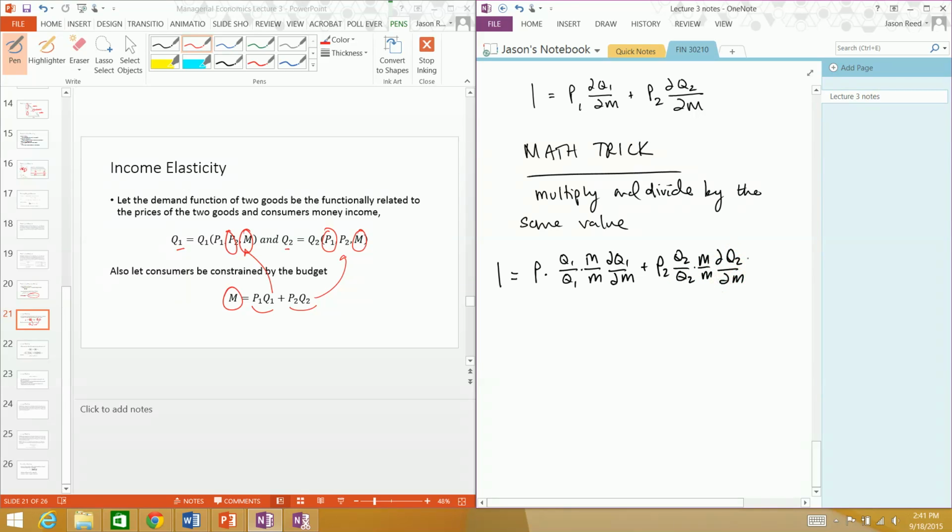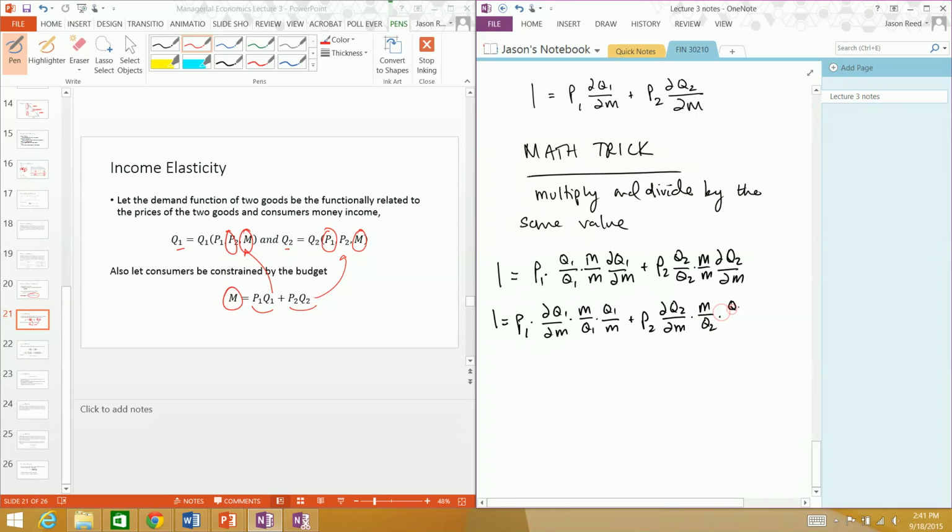Nothing changes. But let's rearrange this now, maintaining this equality. We have P1 times dQ1/dm times m over Q1, Q1 over m, right? Just rearranged, plus P2 dQ2/dm times m